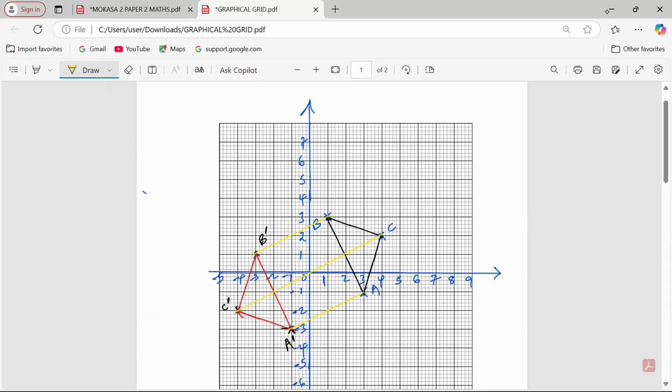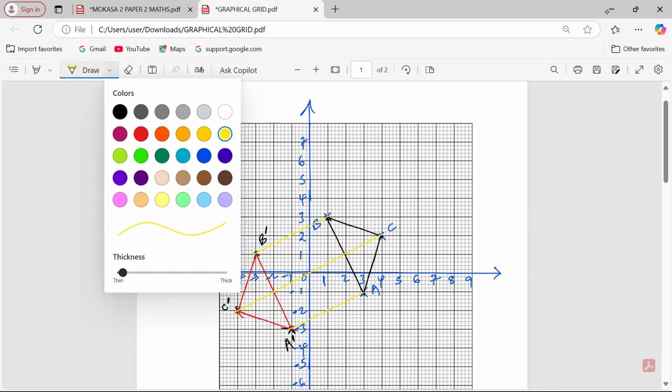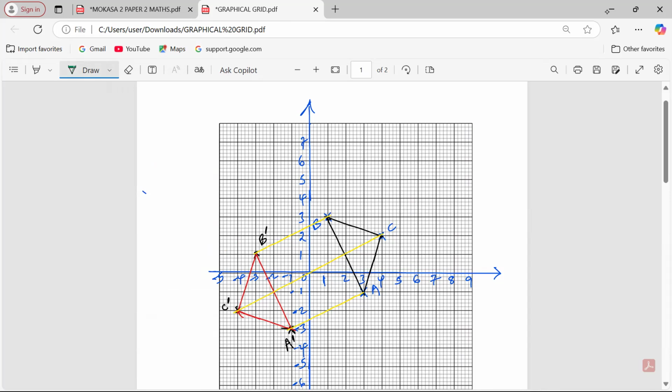Then I bisect the line joining A and A prime, and I should do so perpendicularly. So if I come up with a perpendicular bisector joining A prime, and also another one for B prime and C prime. Now the bisector turns out to be the same line. The line bisecting all of them proves to be the same. So the bisector is the same.